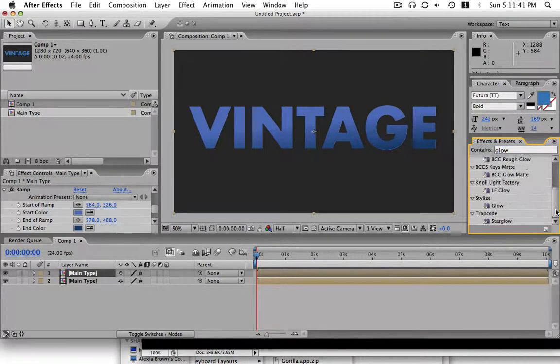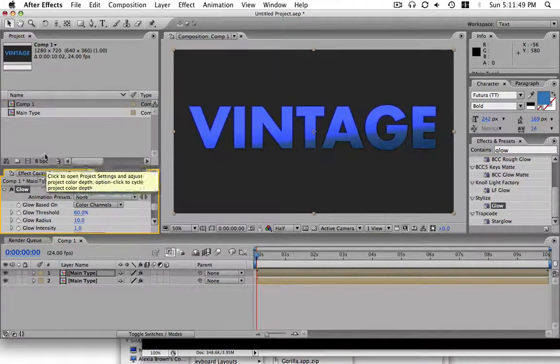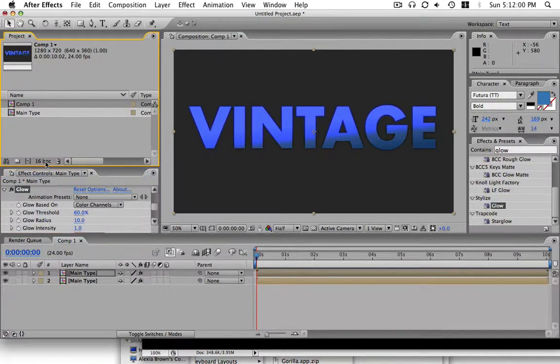Now the After Effects standard Glow, Stylized Glow, works pretty well, but it really works well in 32-bit mode, and that's how we're going to make the rest of this comp. Right here you can see it says 8 bits per channel. If you hold down Option on Mac or Alt on PC and click it, it's going to go to 16-bit, and one more time to 32-bit, and now you can see we're starting to get some better glow here. We're actually going to turn that up